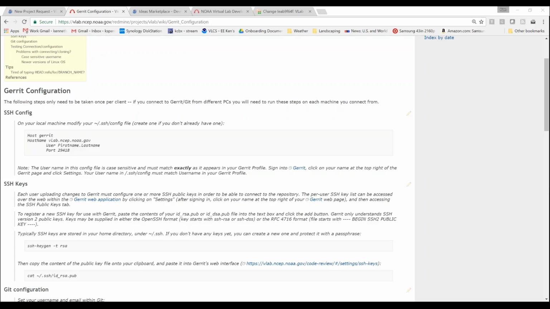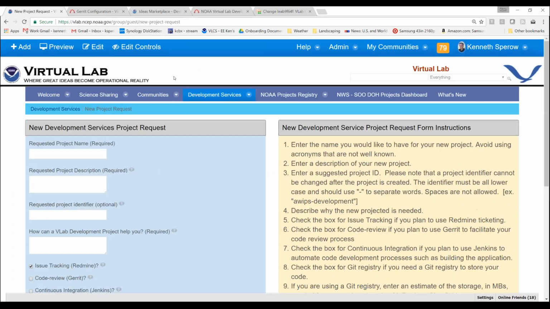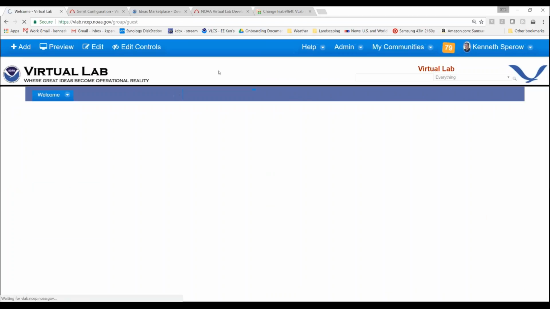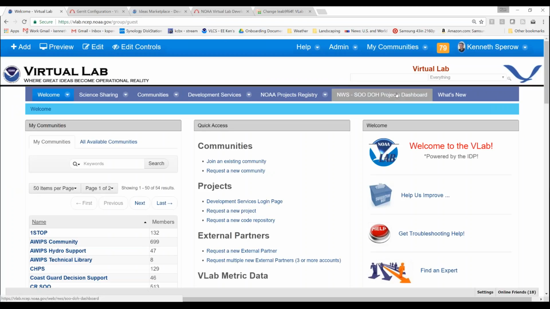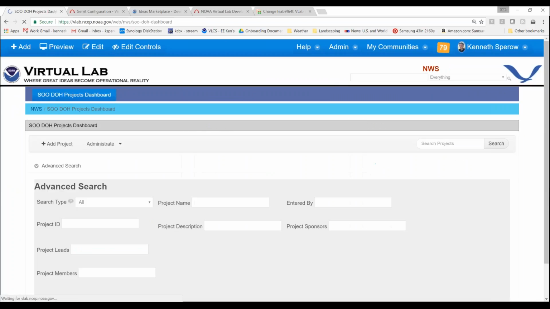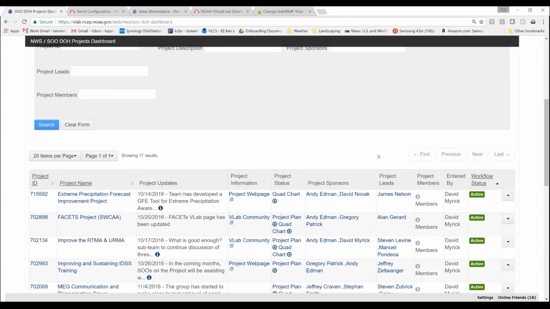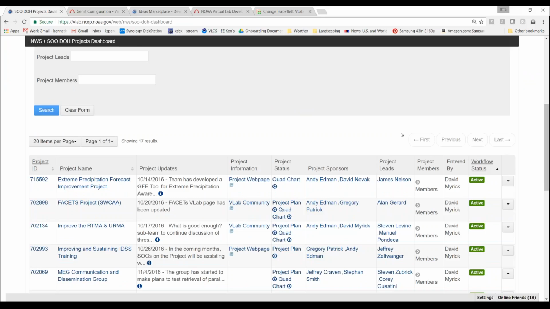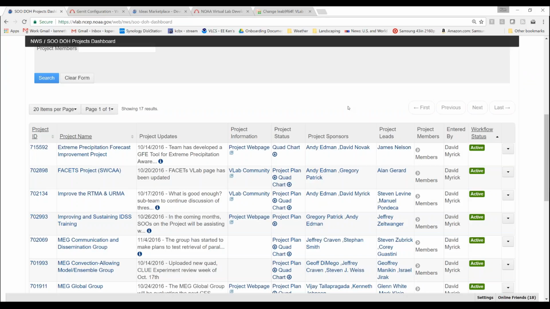Since we have a few minutes left, could you show people the pseudo dashboard and the projects repository? Yep. So thank you, good catches. All right. So at the top level within VLab, again, pseudo dashboard is a way that Dave Myrick, National Sioux, is basically managing a handful of projects, 17 now. And this is somewhere where you can come up in here. You can see which these national priority projects are, and